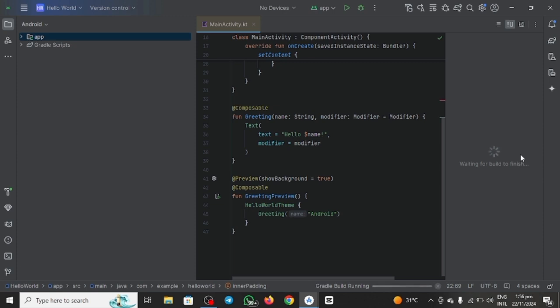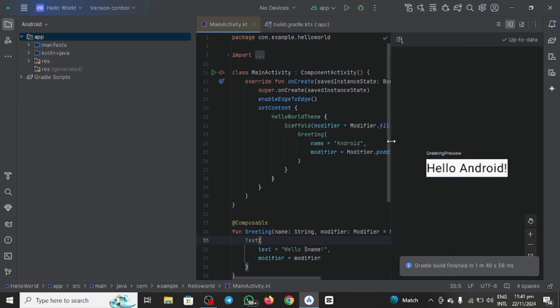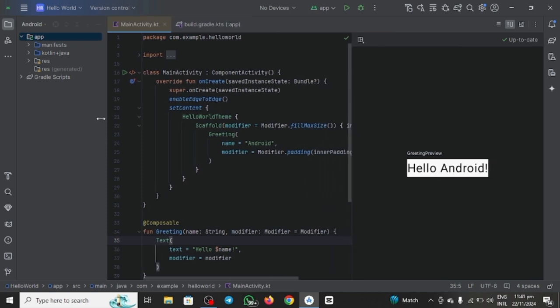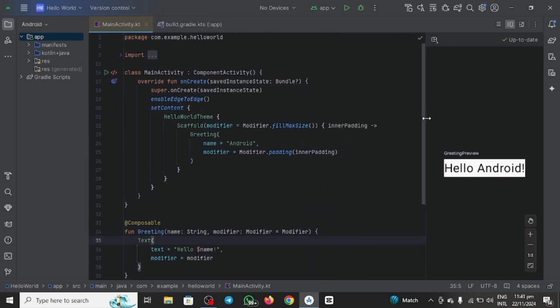So we are going to change it from Hello Android to Hello World. So just wait for it to load. So let me just speed the process as well. So it is done. As you can see, Hello Android. So this is your first app on Android that will appear after setting up your Android Studio and Compose without writing a single line of code. So you can start developing your code from here, change the Hello Android to Hello World or to other functionality you may like,